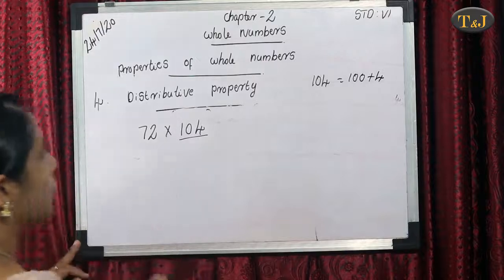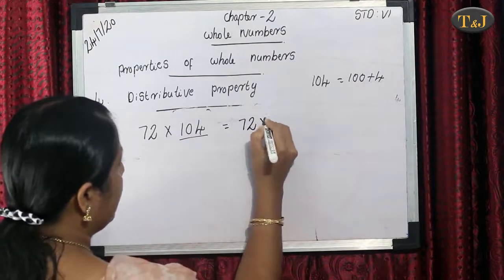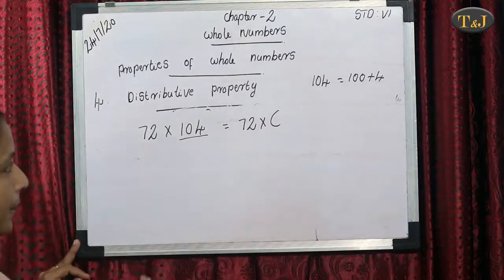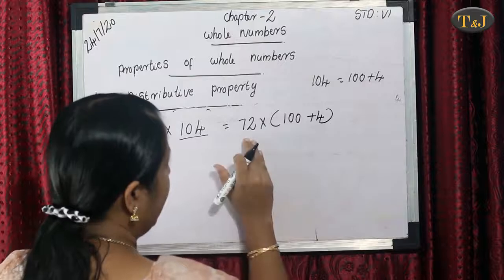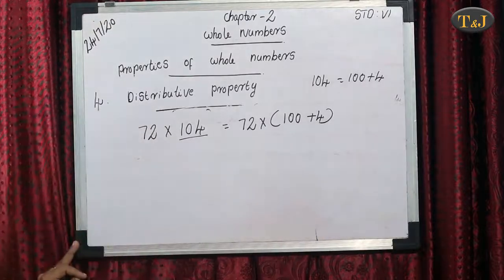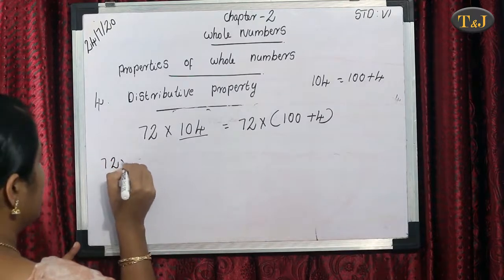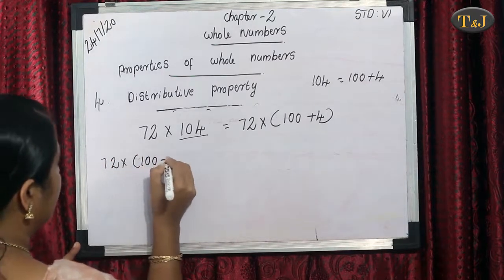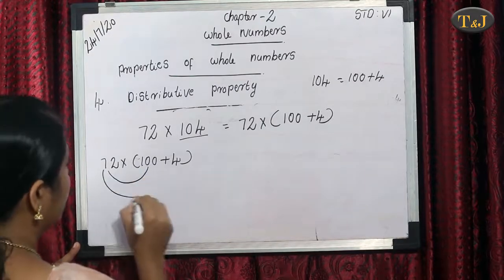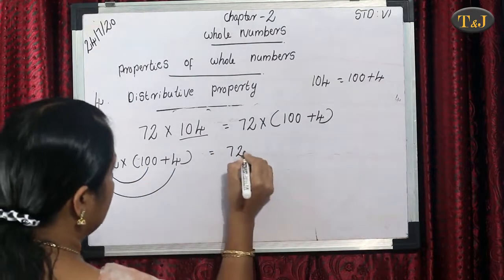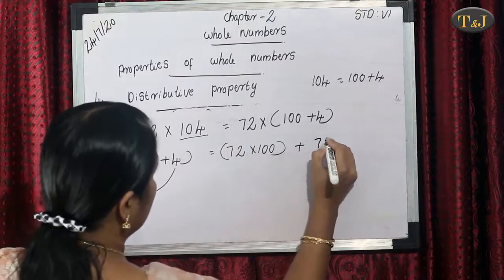So this problem can also be done with the distributive property. That means here taking the number 72 multiplied by 104, which we have to split, that means 100 plus 4. Okay, so we get A cross B plus C in brackets, that is 72 cross 100 plus 4. Then we write again 72 cross 100 plus 72 cross 4. So first write 72 cross 100, then put these numbers in our bracket, plus 72 cross 4.